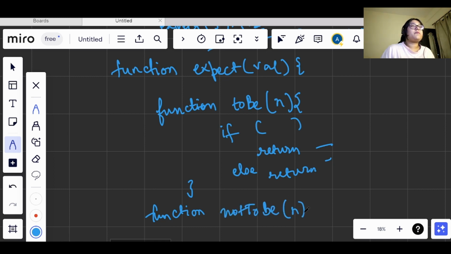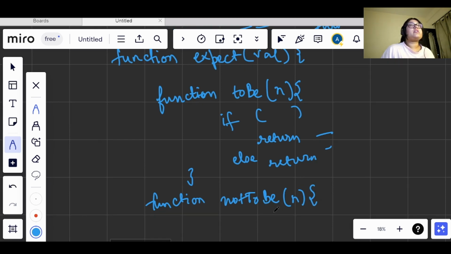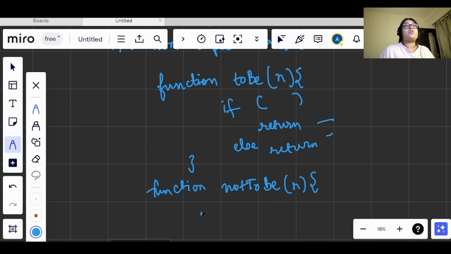It will also accept some value, right? Because with each of the functions we are sending some value also. Here also it will have some if else condition, right? And now when we were returning,